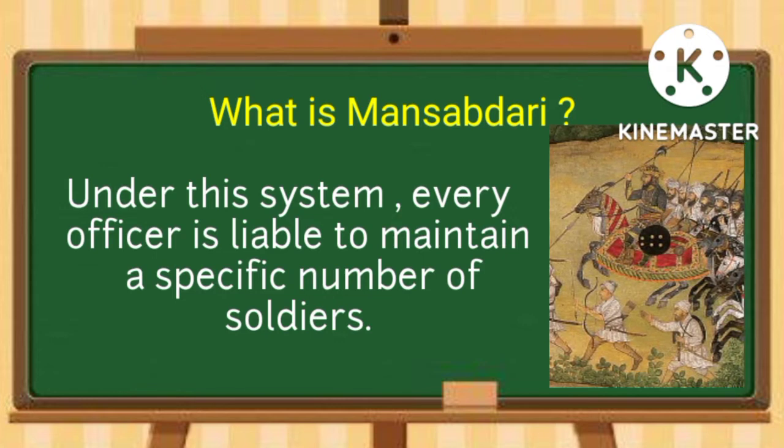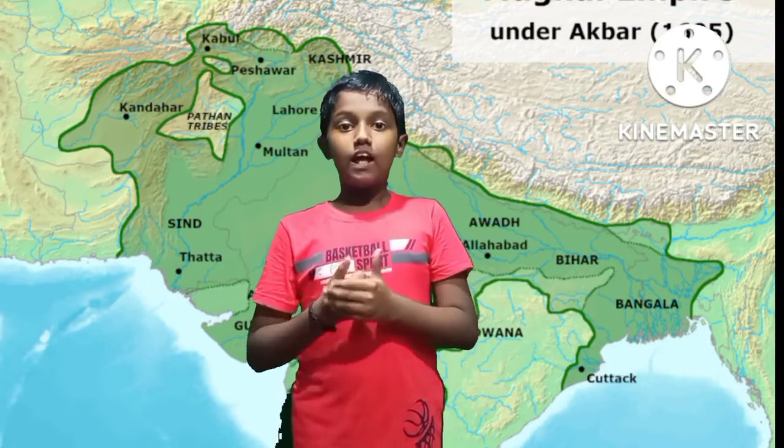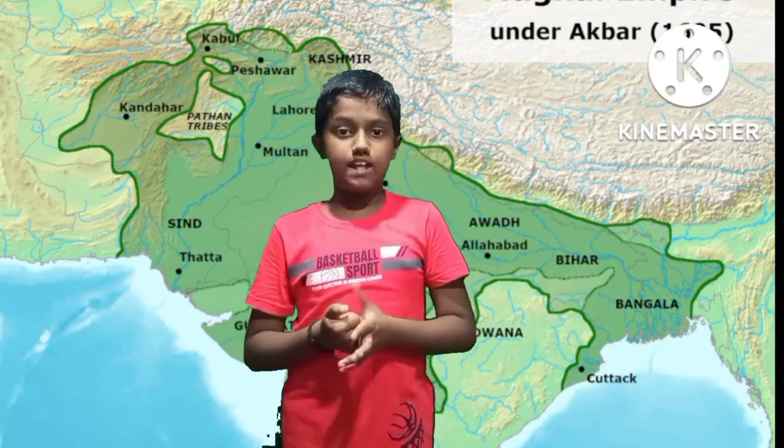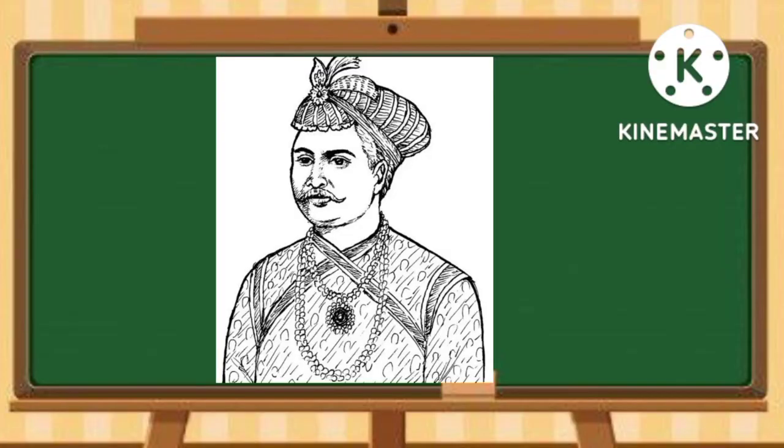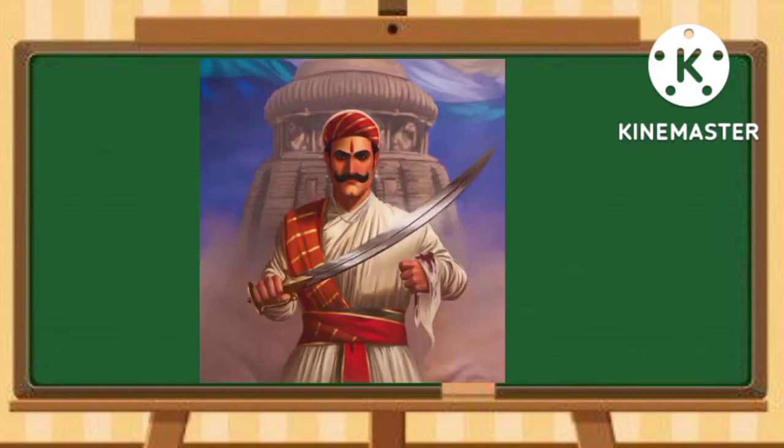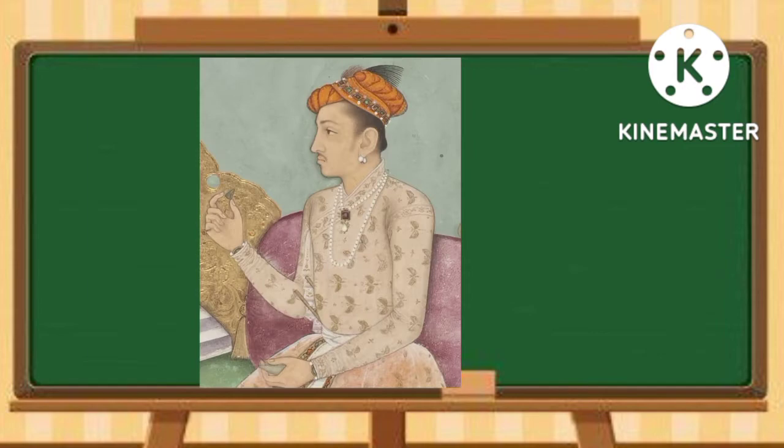And do you know who the major officers were during his reign? Some of them were Rajputs: Birbal, Raja Man Singh, Raja Jai Singh, and Raja Todar Mal, etc. I think you may be familiar with some of these names, Raja Todar Mal, Birbal. Yes, we are familiar with them. These are the persons who held offices during the reign of Akbar and were Rajputs.